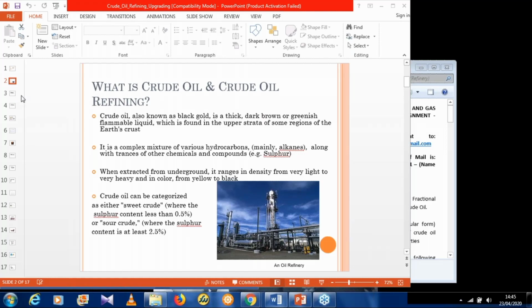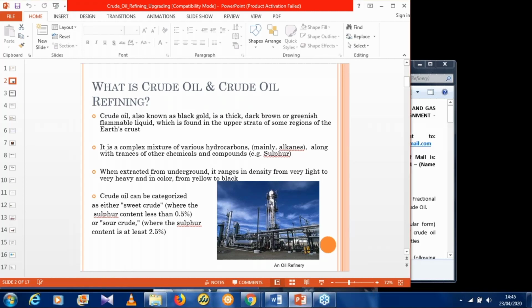We have the sweet crude and the sour crude. The sweet crude is the crude that has less than 0.5 percent of sulfur, and the sour crude is the crude oil that has about 2.5% of sulfur. Okay, so we have said that the column used in separating crude oil into its components